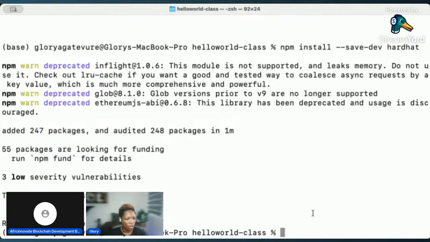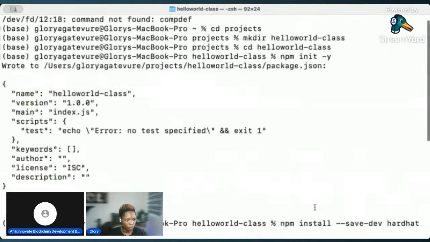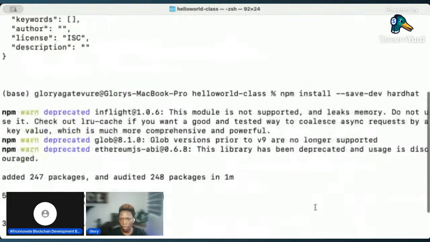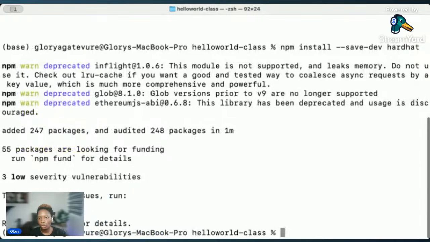Okay, fine. So this just finished installing now. I hope I did everything correctly. Okay, so what I just did now is install Hardhat inside the project. So now we are going to initialize Hardhat. That's the next thing we are going to do now, which is